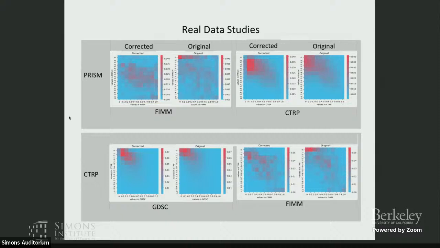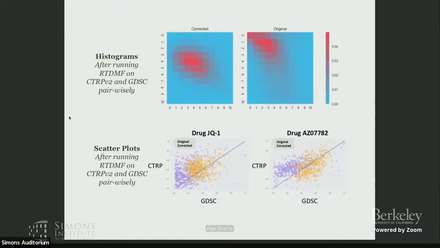So roughly we can see that after the correction, it's moving more toward this kind of diagonal line. So this shows some level of consistency. And this is a particular example of a single drug. The purple points are before the deep matrix factorization correction, and the yellow points are after. So you can also see that for individual drugs, between different data sets, after the correction, the correspondence also becomes